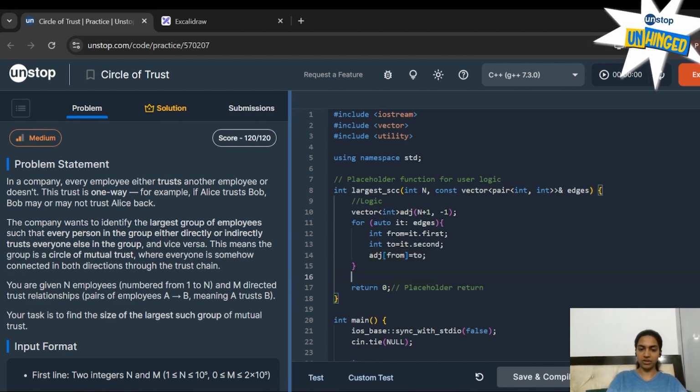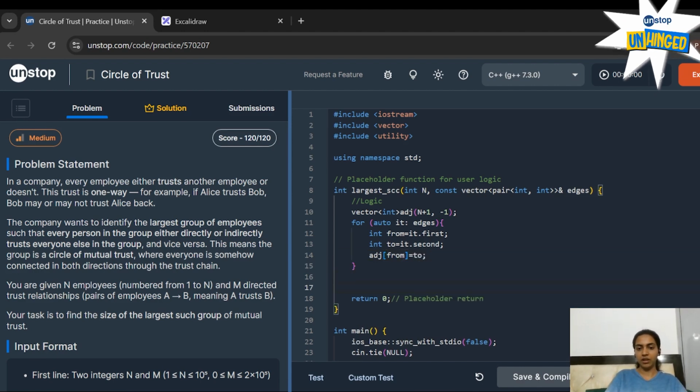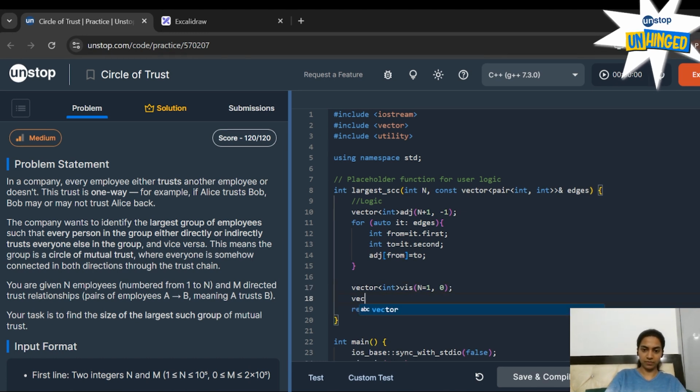This is what our adjacency list is going to look like. Now, after that, we need to find whether a cycle exists in this adjacency list or not. And in order to find a cycle, we use two vectors, visited and path visited.